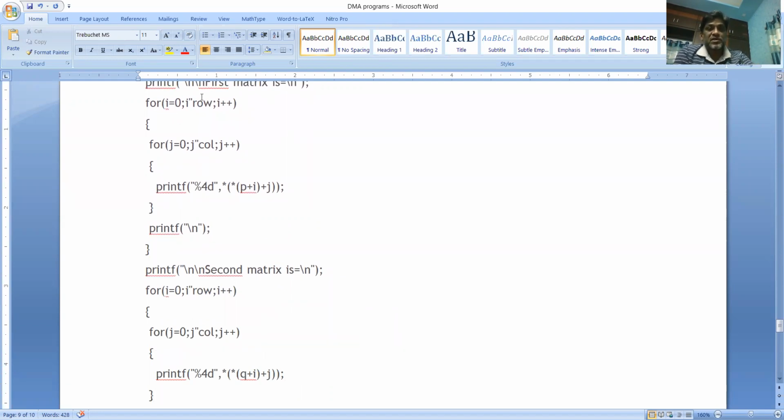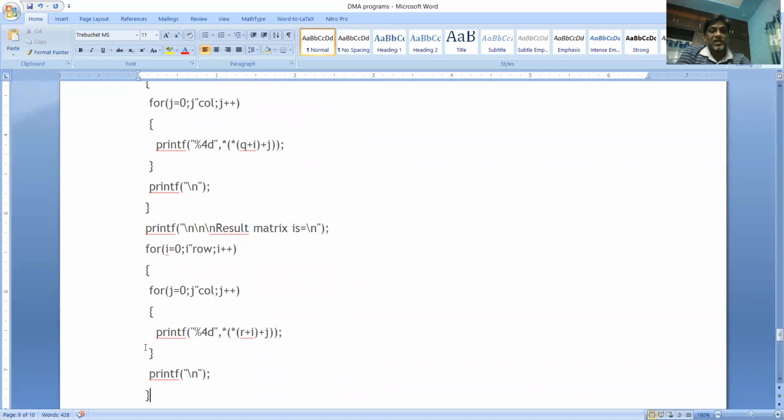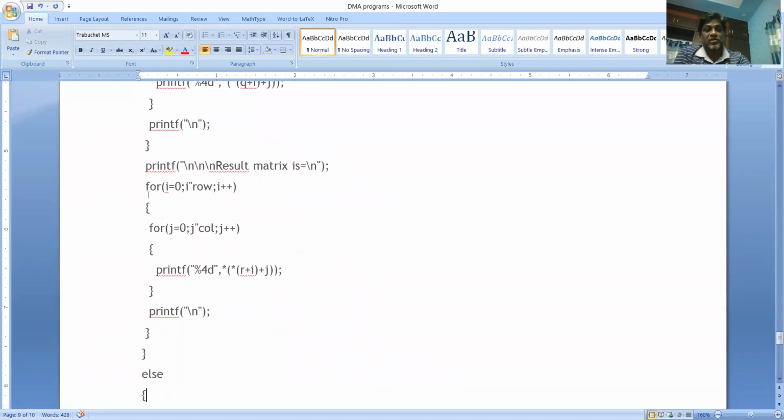Here the first part is used for displaying the elements of the first matrix, then this is used for displaying the elements of the second matrix, and finally the result matrix is displayed over here.